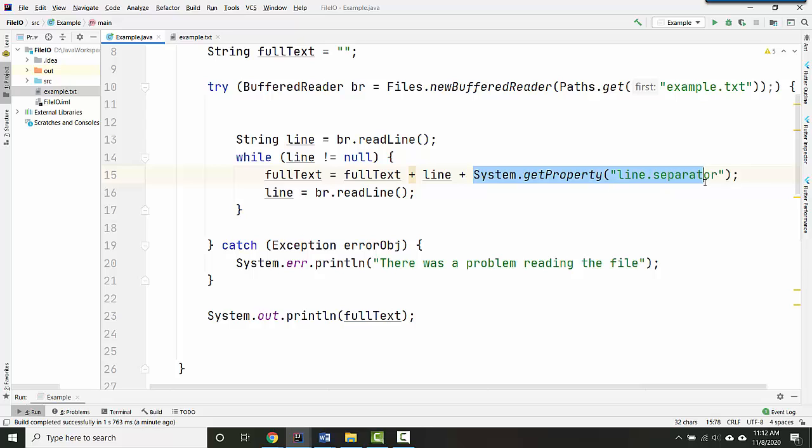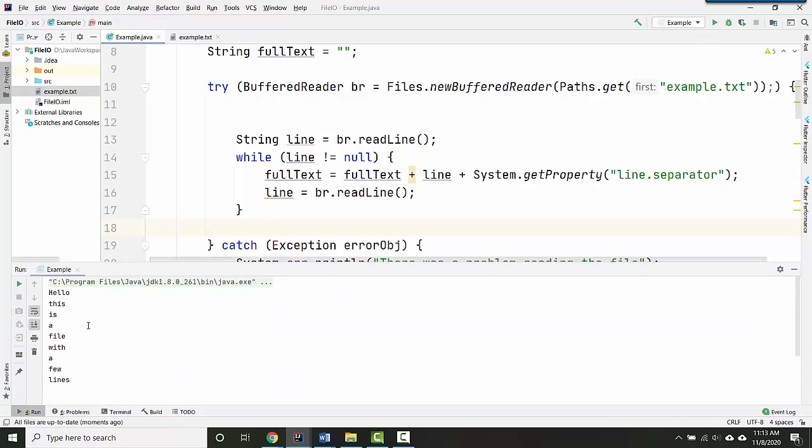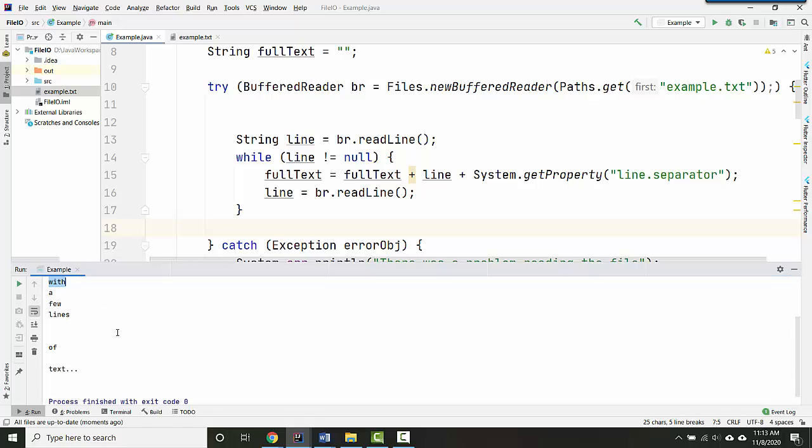Because \n is not the new line character on every single possible computer. So let's run it again, and now we can verify that we have reinserted all of the new lines. Oh, it already ran. Okay, let's run it one more time. Okay, so now you can see what we display in the console looks a lot more like what's actually in